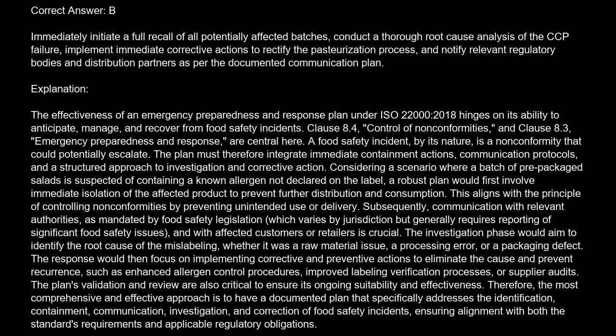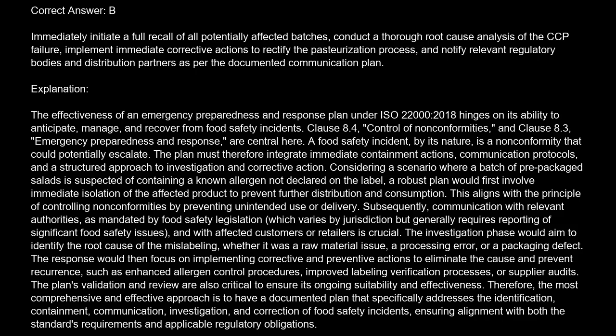The correct answer is B. Immediately initiate a full recall of all potentially affected batches, conduct a thorough root cause analysis of the CCP failure, implement immediate corrective actions to rectify the pasteurization process, and notify relevant regulatory bodies and distribution partners as per the documented communication plan. Explanation. The effectiveness of an emergency preparedness and response plan under ISO